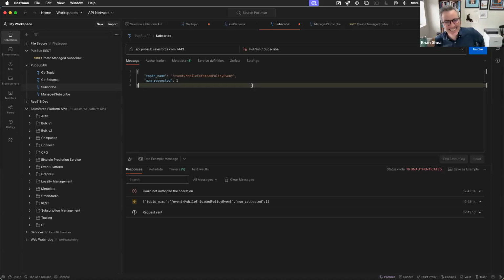We get the idea. In this response area, you'll start seeing all of the events streaming, which is really cool, because it means you can start watching your events in Postman. Now, this isn't an enterprise application. This isn't where you're going to sit with this subscribed every morning for your Salesforce platform. But what this helps you do is develop, debug, and test.